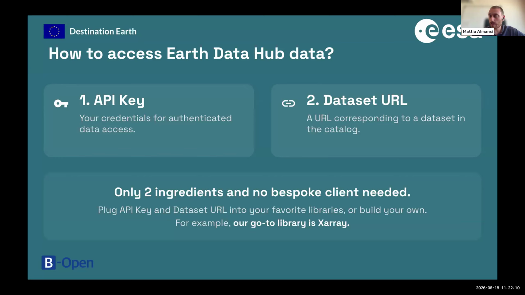We don't have a bespoke client. We didn't build a client or an API just for the HERT Data Hub. So all you need to do is plug this information into your favorite technology to start accessing the data. There are different technologies out there. We have a go-to library, which is Xarray, and that is mostly because we work a lot with it. And as I said before, we have been contributing to many features of Xarray in the past.